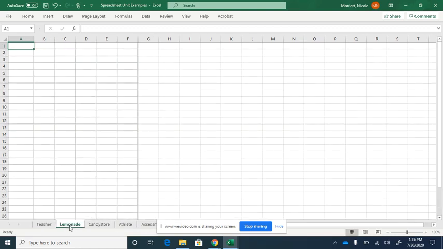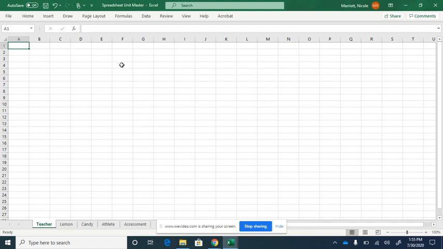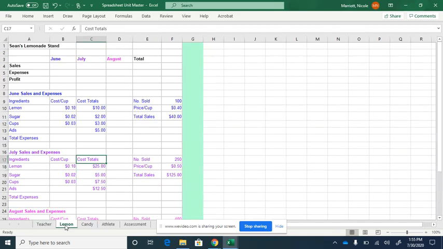And then attached to this lesson, I've given you a file called the Spreadsheet Unit Master. If you open this one up, you'll notice the tabs down here. We're going to go to the Lemonade one. And I've given you some information that you're going to be working with instead of having you retype it all in. So if you notice up here in cell A1, select that